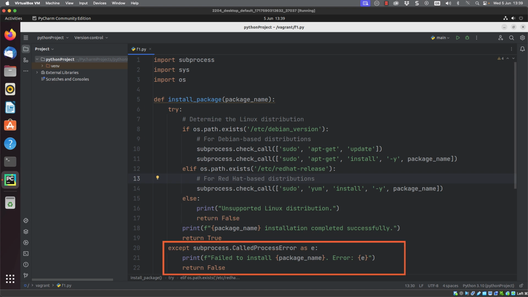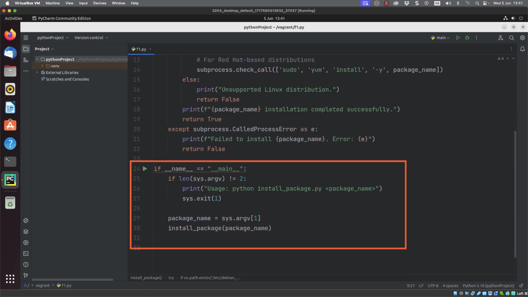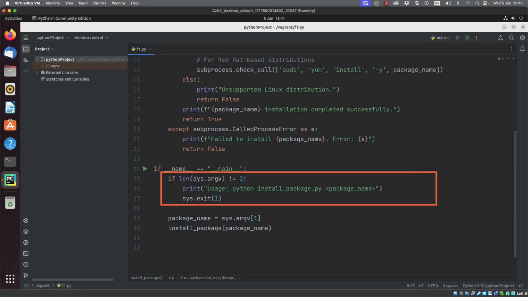We have the exception that we are managing, and it's looking for an error where it calls the subprocess.CalledProcessError. If that occurs, we can then fail gracefully, printing out the error to the screen and then returning false from our function. Scrolling down a wee bit, we're able to see then our main block, where we look